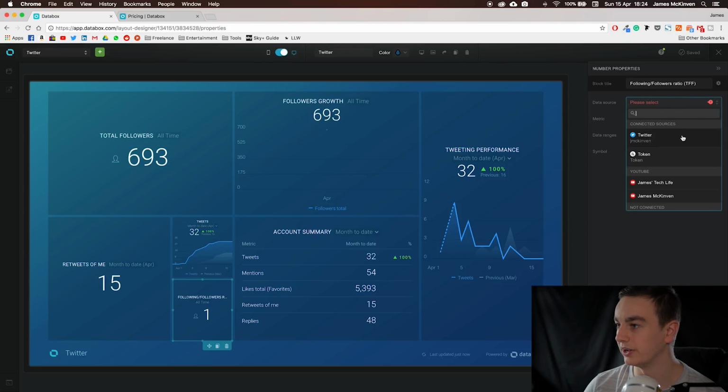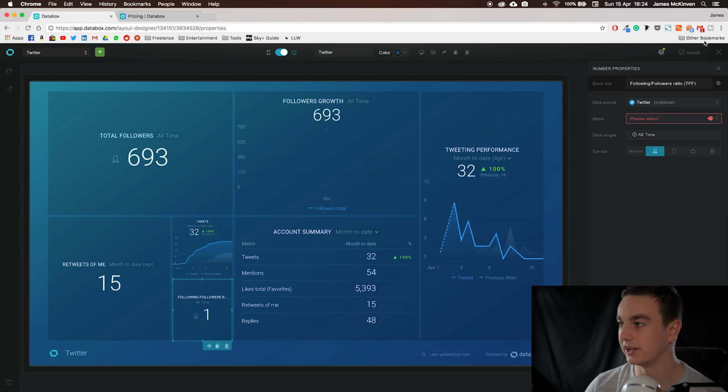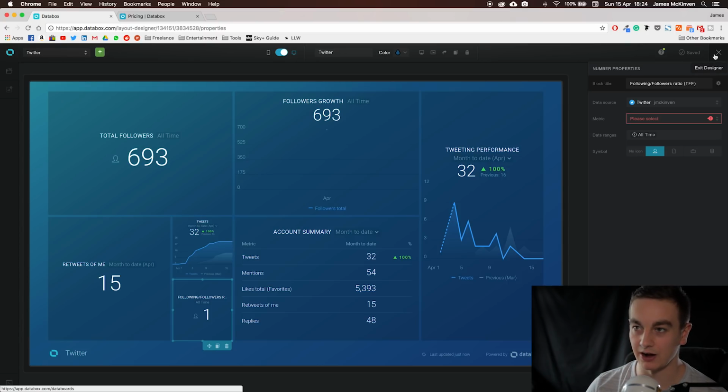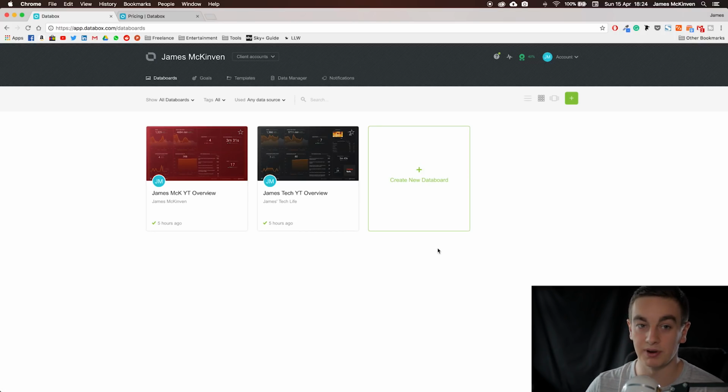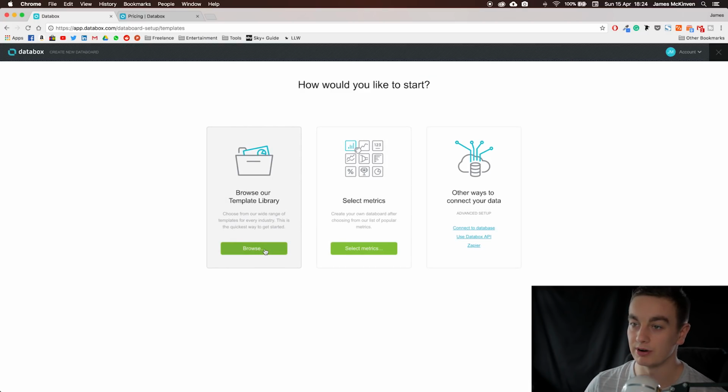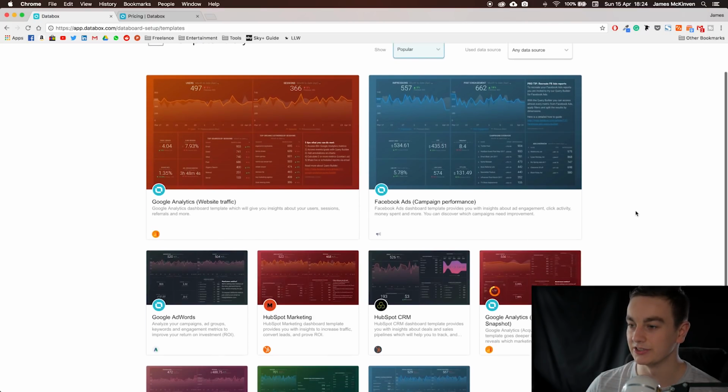You can mess around with the data sources, put custom stuff in here. Again, I'm not going to show you exactly how you do it. The best way to do this is to go into Databox and actually have a fiddle around with it. You can brand up your Databox using different colors and whatnot. Now I'm going to delete this one and show you one of the templates that you can choose and create dashboards from that. So again, you're going to create a new dashboard, use wizard, browse their template library,